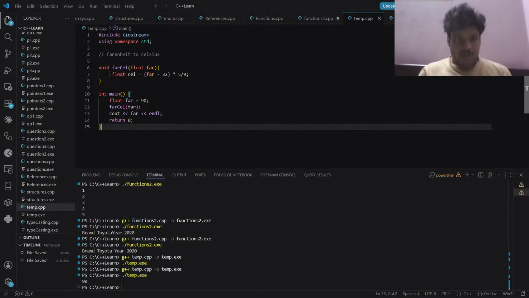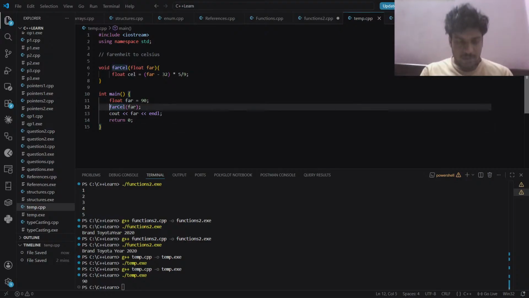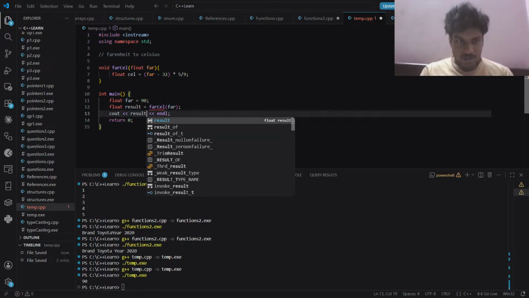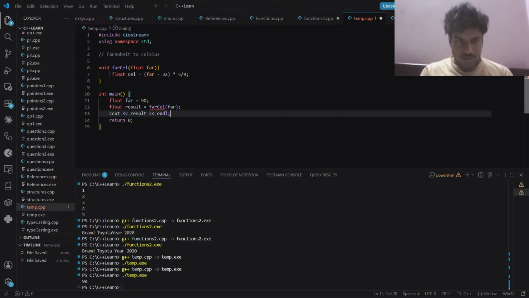So let me just say float result equal to far cell, and then just call result over here, print result. Isn't that good enough? Why is it? Okay, this should be fine, I guess, but